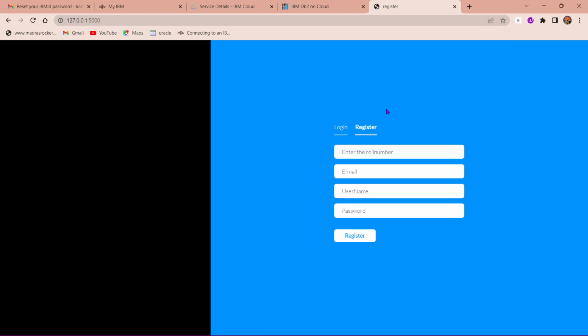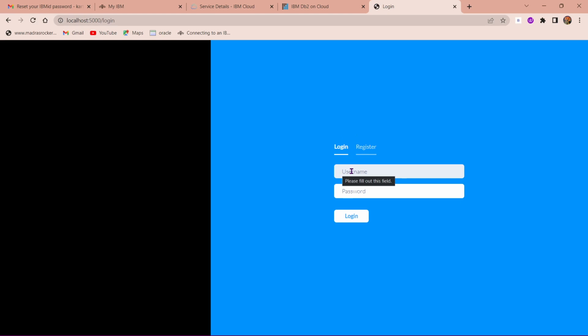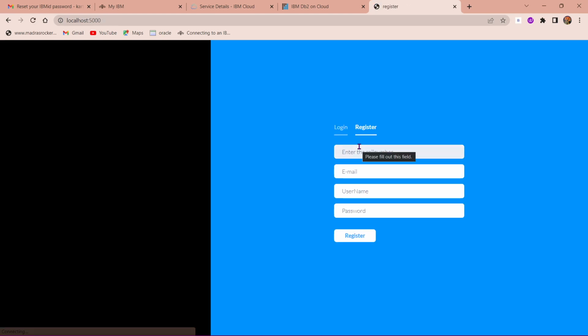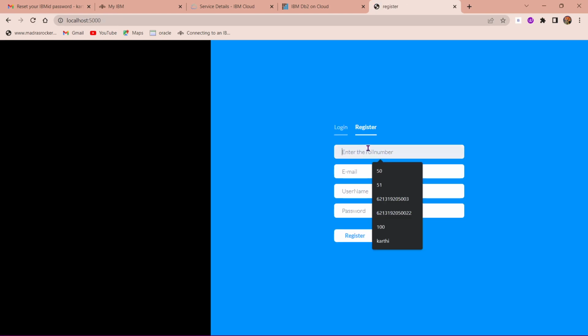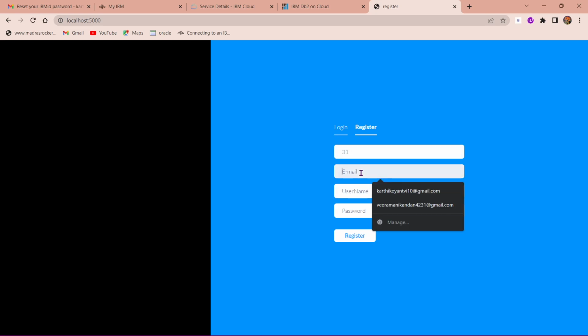We have the register page. In this register page we can register. First we have to go to the login page. If we have the username and password, we will log in. If you don't have a username and login, you have to go to the register page. In this register page you have to enter your role, enter the number you have, for example 31,